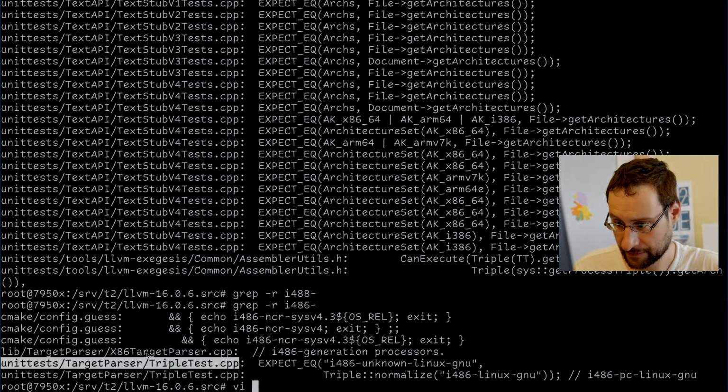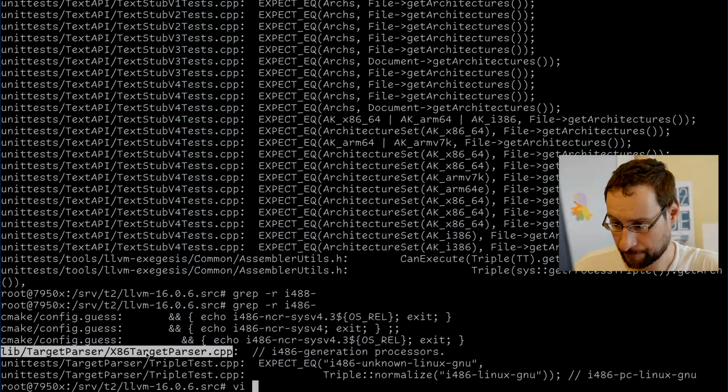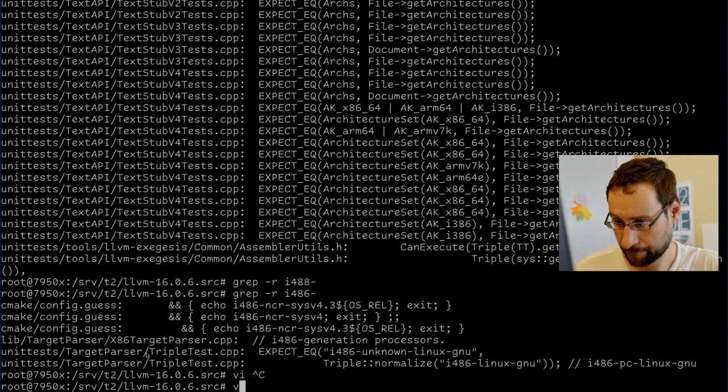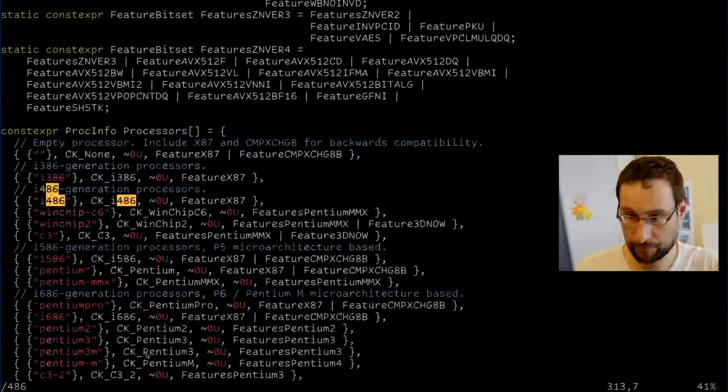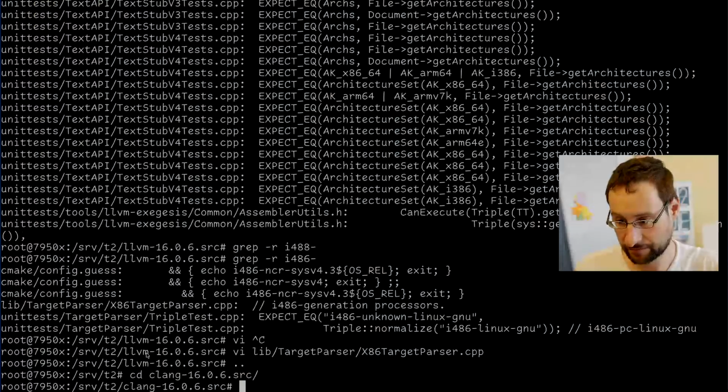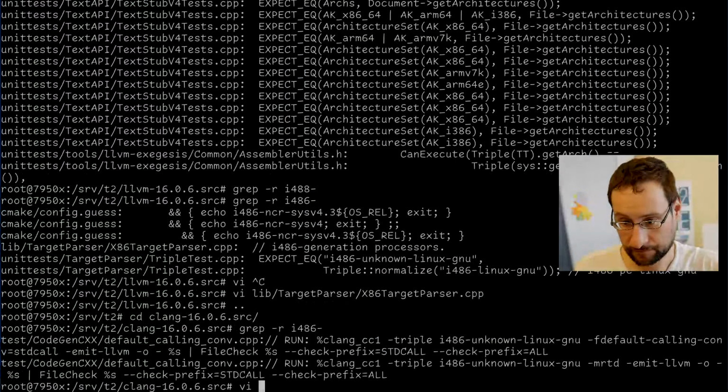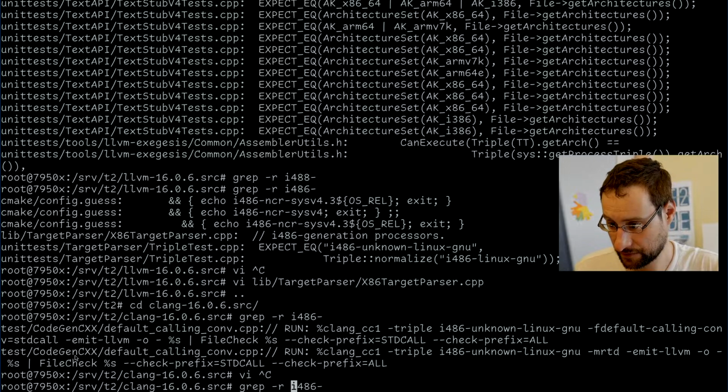Here's unit tests. Or is it? Oh, maybe it's in Clang. Except if it isn't.